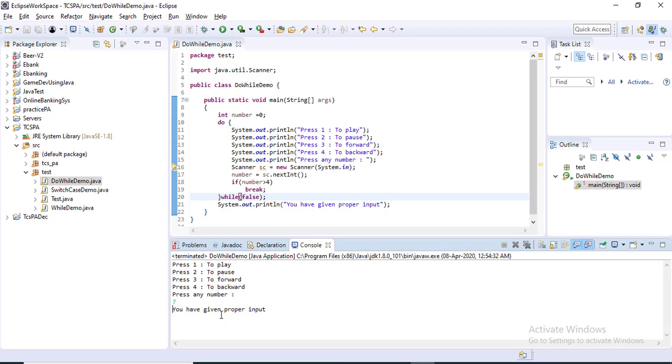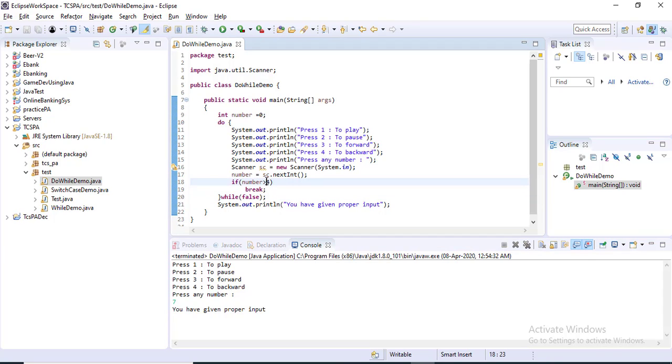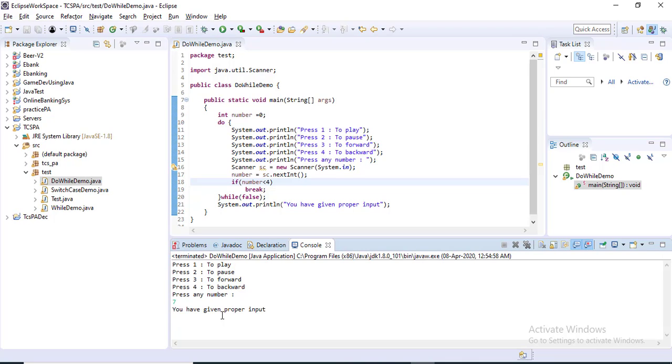But why is it giving the proper input, if number greater than 4, 7? Oh well, okay, if number is not greater than, less than 4, then we will do the break. Now if you give the 7,